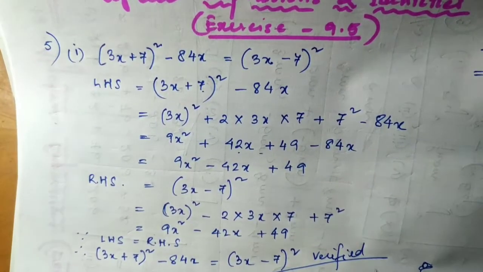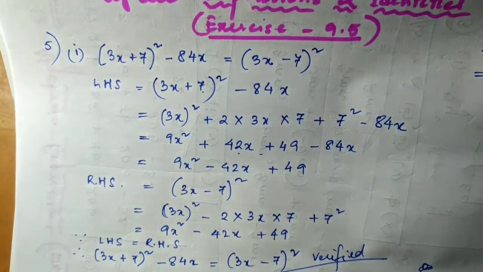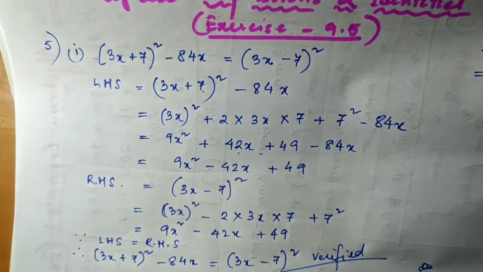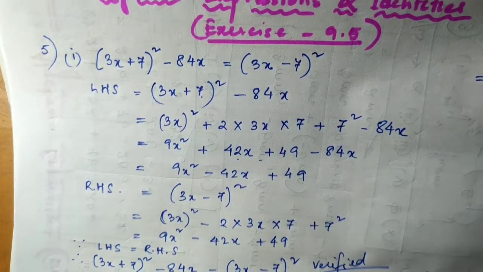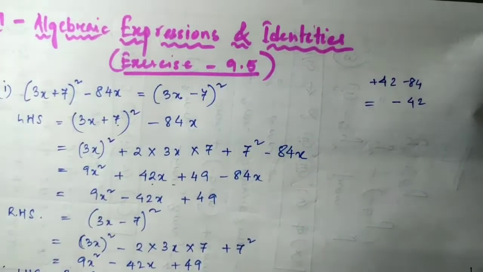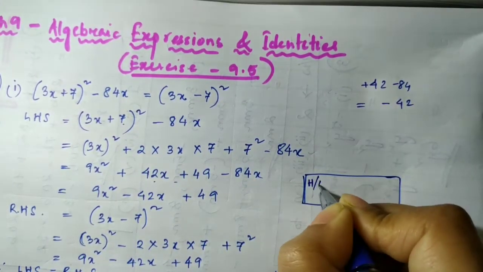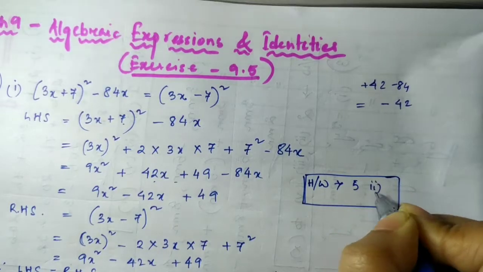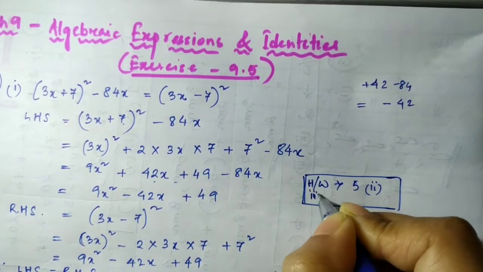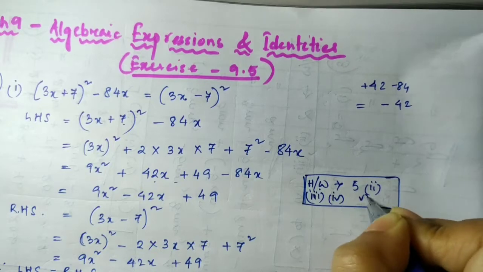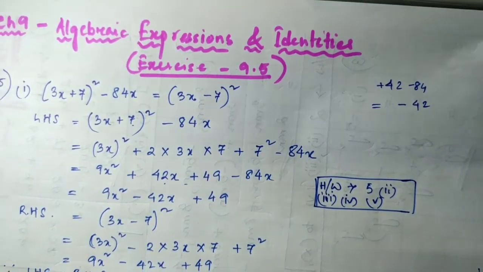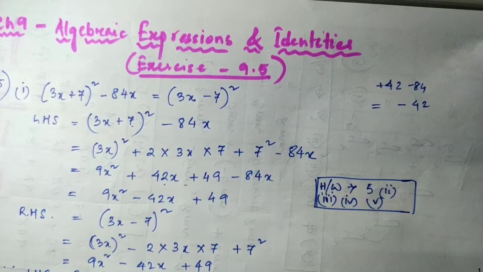Okay, so in this way we have to show that the left hand side is equal to the right hand side. All the sums till question number 4 are done, and now we are at question number 5. Of question number 5 we have 4 more questions, so you can try it in the same way. I can give the homework here. You just have to verify that the left hand side is equal to the right hand side. So you can just try from question number 5 the remaining sums, that is 2, 3, 4 and 5. Just solve it using the identities, and then you have to show that the left hand side is equal to the right hand side.